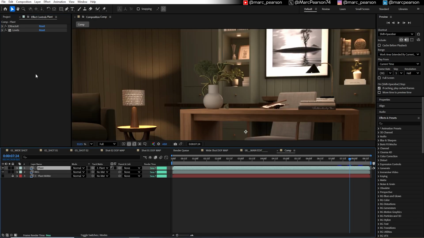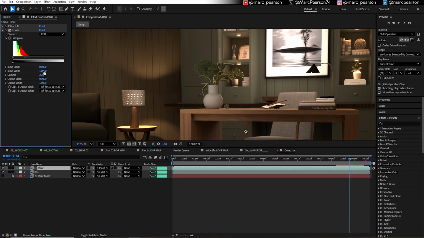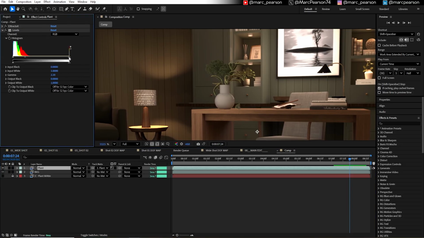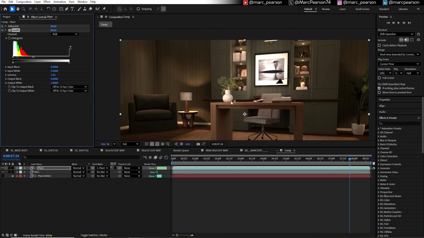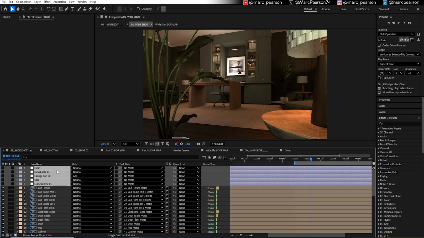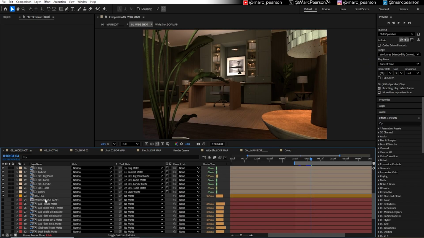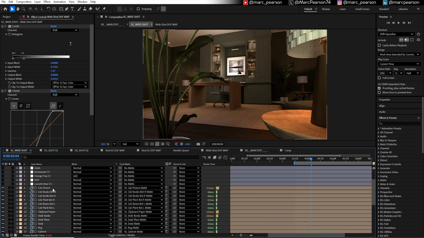Okay, so what this allows me to do is come in here. I can come into the levels, and let's pull this back out over here. I can brighten that up if I really wanted to highlight it, color correct it in whatever way I wanted to do. If I wanted to turn it blue, really kind of push it, whatever creative direction I wanted, if disco, whatever you want to do with it, right? Hue, saturation, anything, any effect you want to throw on that object, you can now get. The benefit of being able to do that is that you do not have to render your depth of field and your camera blur in